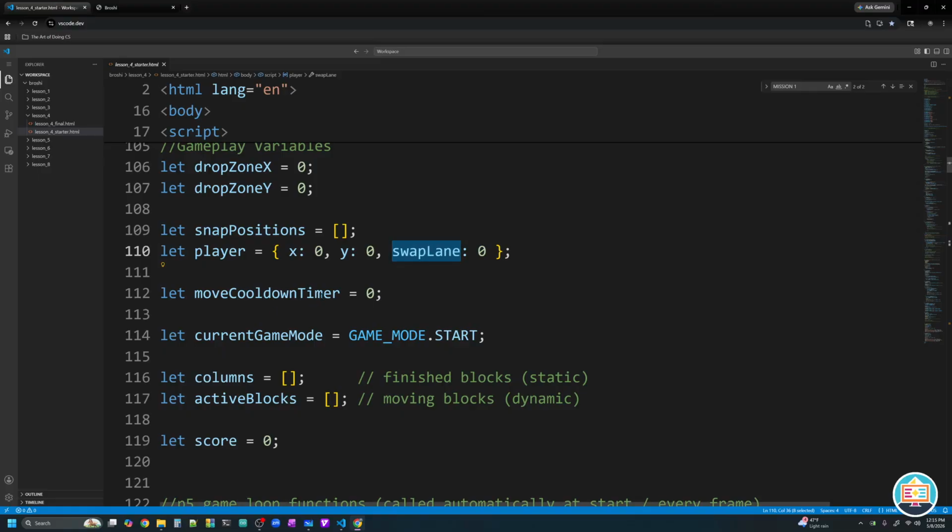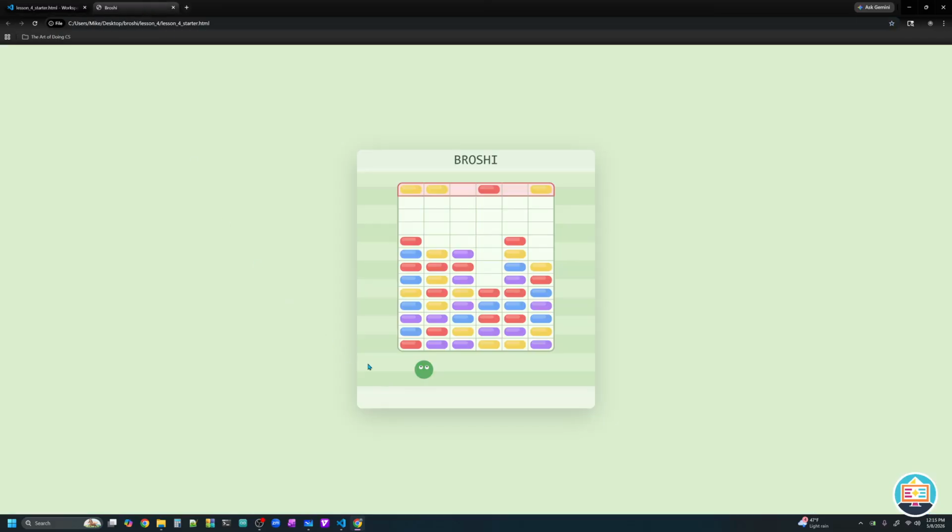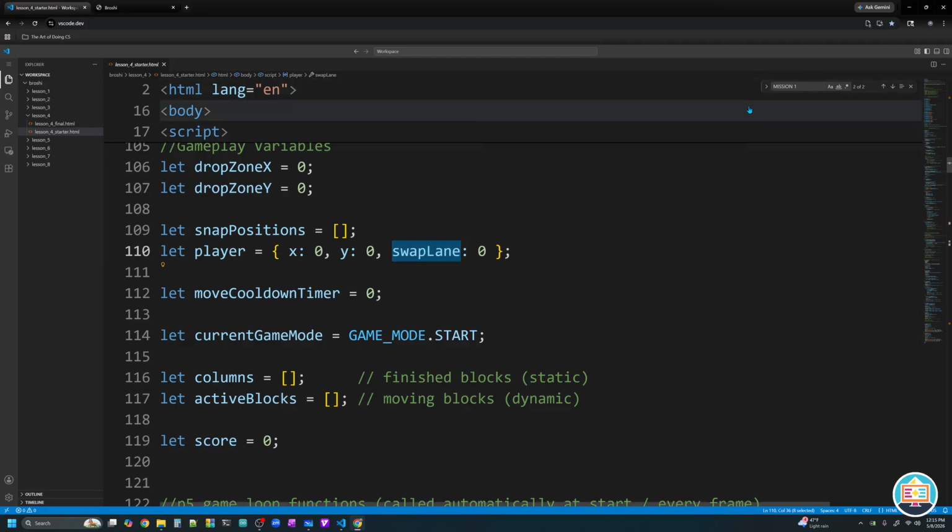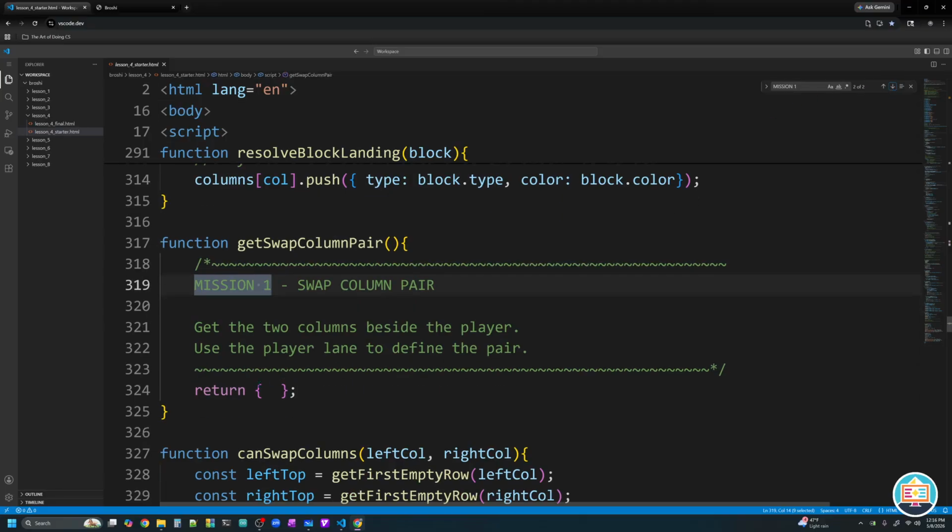And so we're going to use that swap lane to figure out what are the 2 columns that we can swap. If we are in swap lane 0, we can swap column 0 and column 1. If we are in swap lane 1, we can swap columns 1 and column 2. If we're in swap lane 2, we can swap columns 2 and 3. So it looks like we can always swap the current swap lane and that column and then the swap lane plus 1. So let's go back to mission 1 and we are going to return an object here holding those